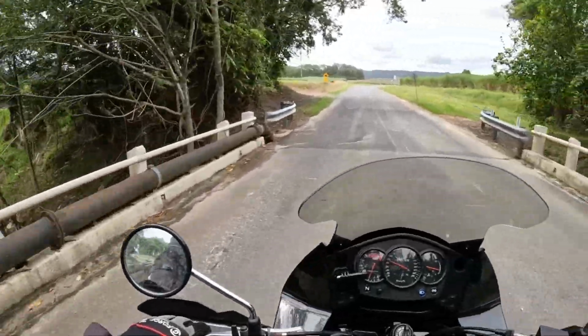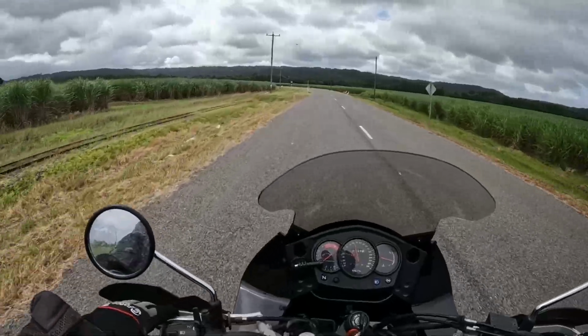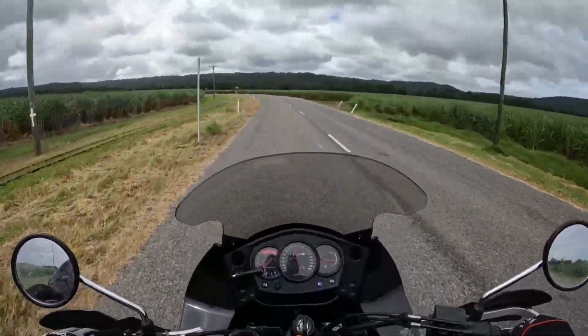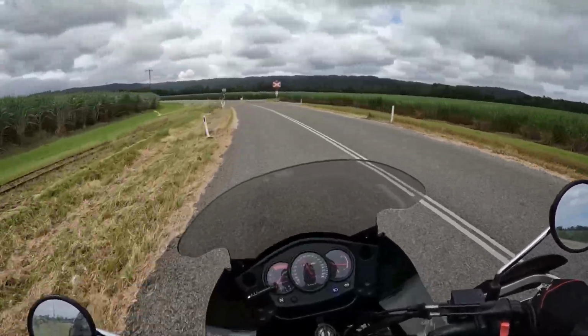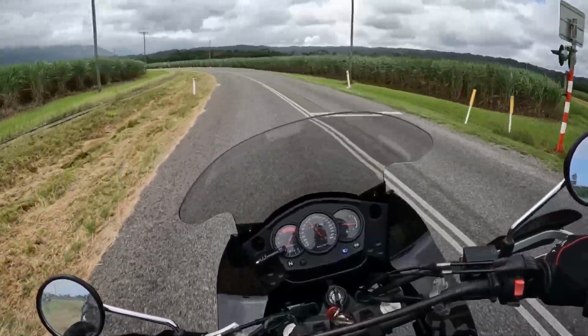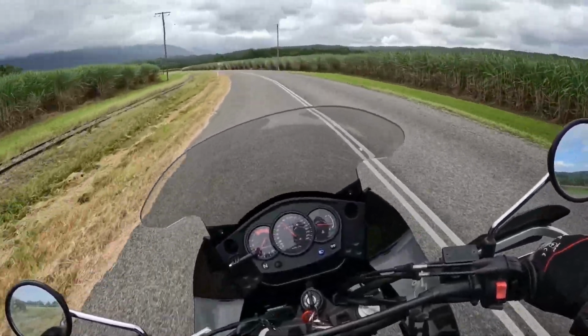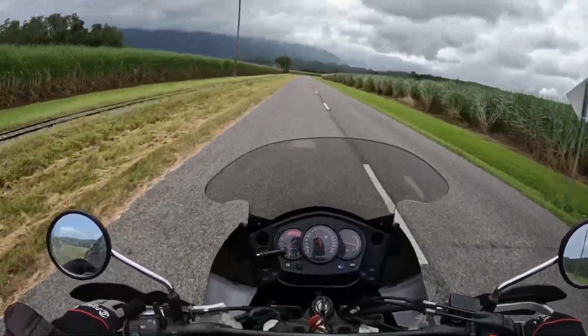Some nice little waterways there, but not swimming there. You can't really get lost here. The road just hooks you back around anyhow, so if you do come in cane crushing time, which is roughly May to December, just be aware of the trucks and the tractors and the trains,